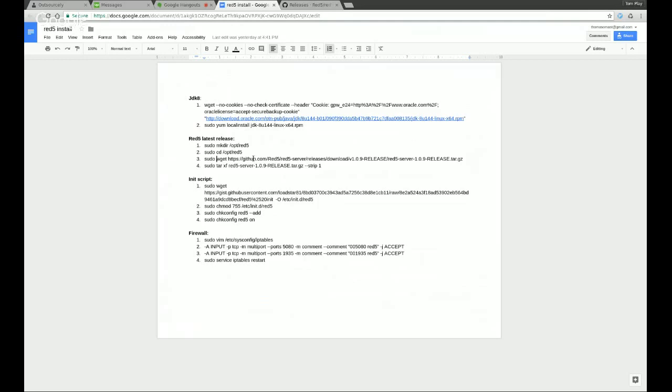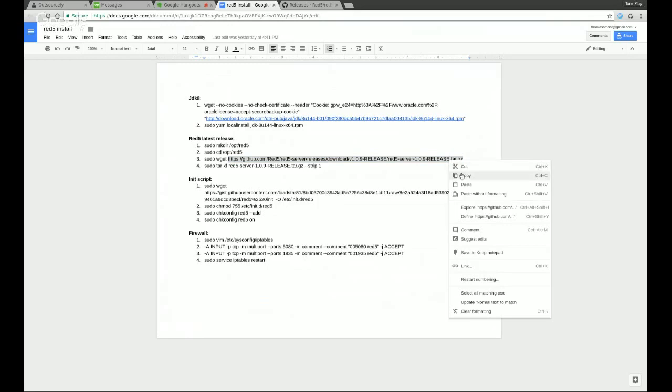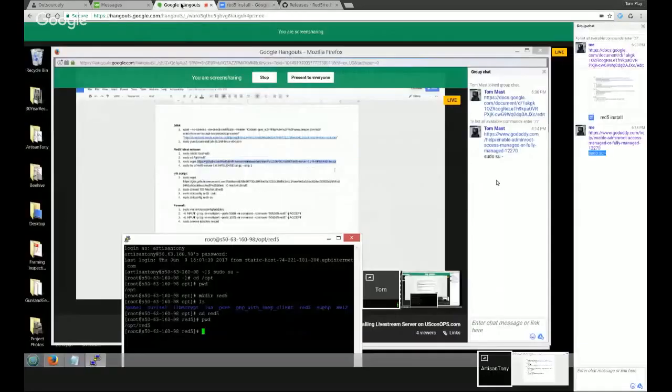Can you put the link in the side chat there? Sure. Is that how I'm supposed to get that? Yep. This is the link to the zipped file on GitHub. I'll copy this into the chat over here. Let me put a little break in these commands. So that URL. What you want to do is copy that link, and then back in the shell,